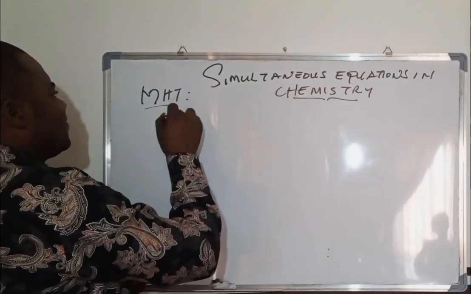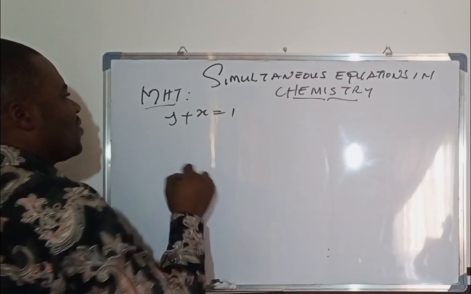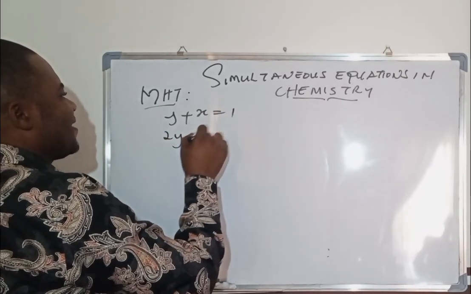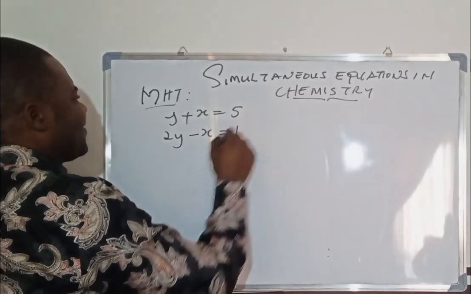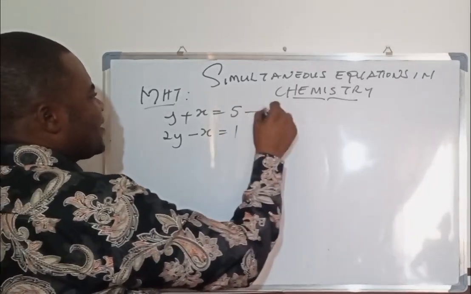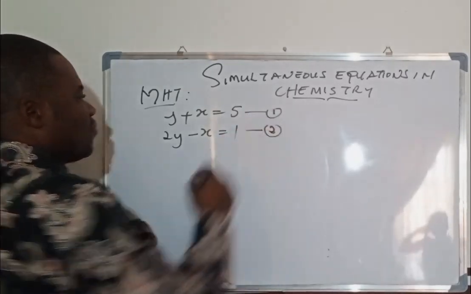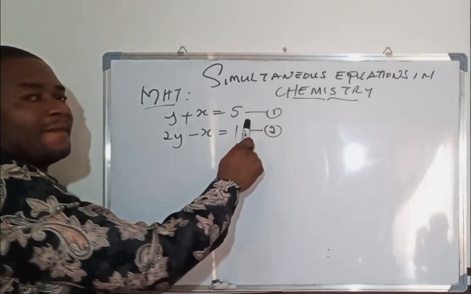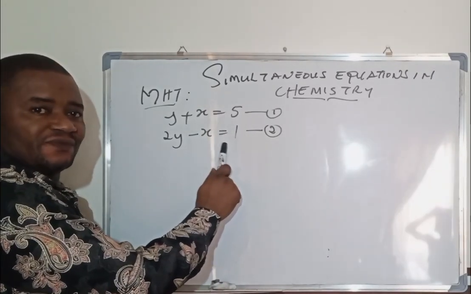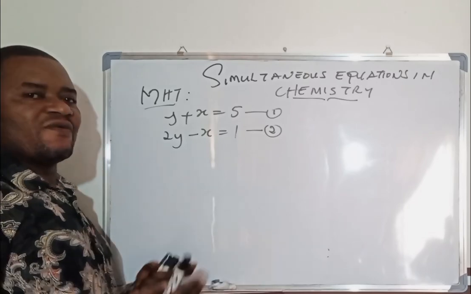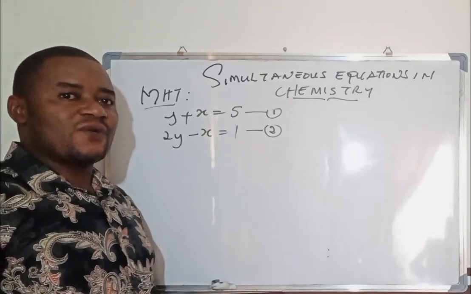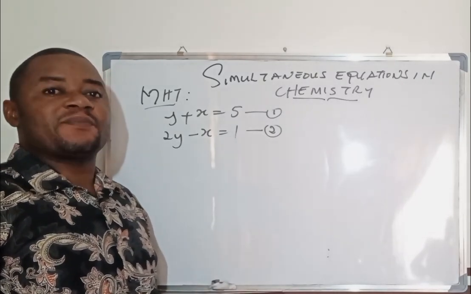Maybe let's say we are given y plus x equals 1 and 2y minus x equals 1. Let's use numbers that will be a bit easy for us to understand. Now this is equation 1 and this is equation 2. How do we solve this simultaneous equation in mathematics? We first have to understand how we can solve it in mathematics and see how we can apply it in